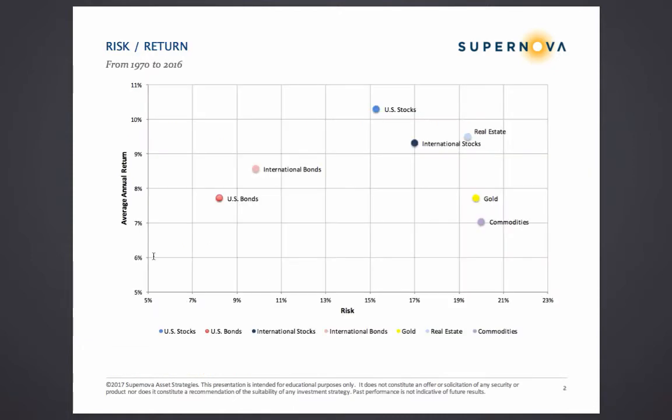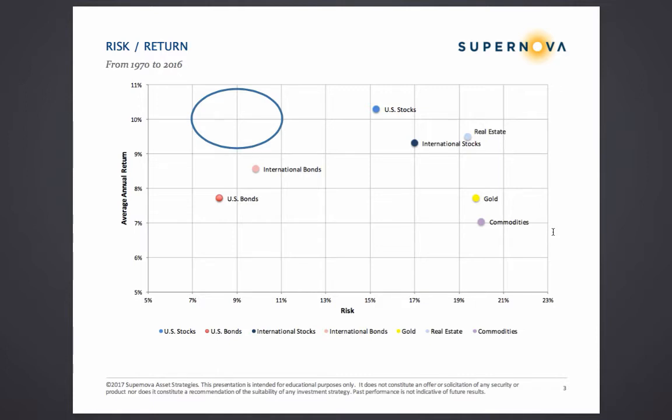Here we show a risk and return chart from 1970 to 2016, with average annual returns going up and down, and risk going across horizontally. We show 7 asset classes roughly covering the entire world, from U.S. stocks and bonds to international stocks and bonds to gold, real estate, and commodities. Now what jumps out to us is this blank white space in the top left. This is the high return, low risk space, and the world doesn't tend to give us many high return, low